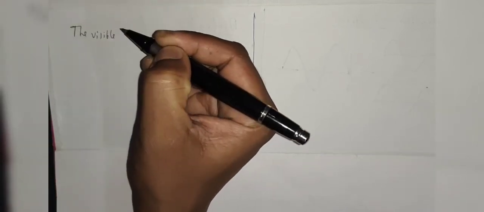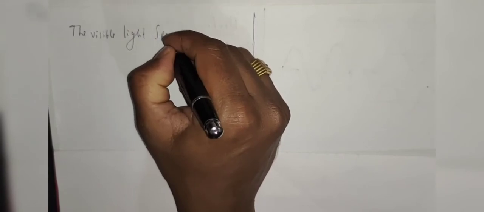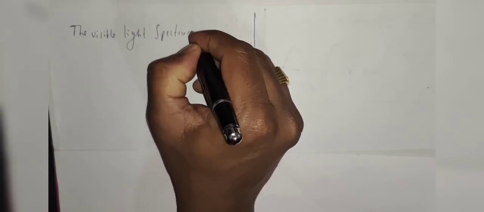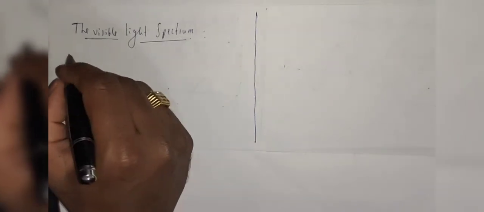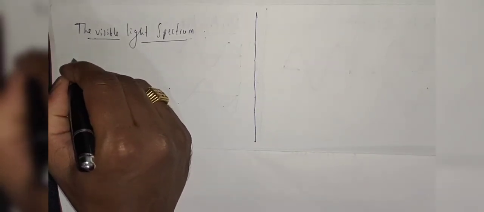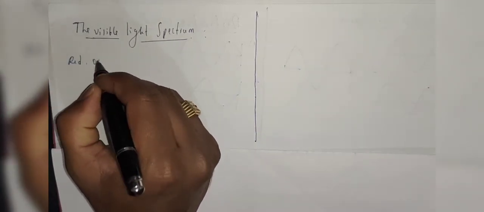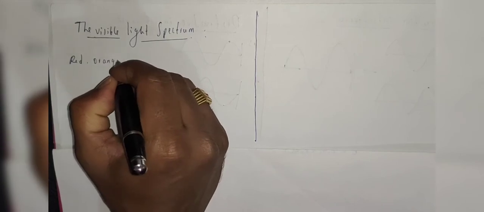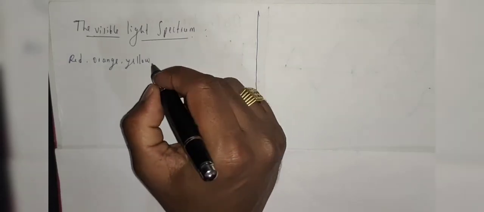Okay, now let us see the visible light spectrum. We all know that the visible light spectrum consists of different colors. That is, the first one is red, then orange, then yellow, after that